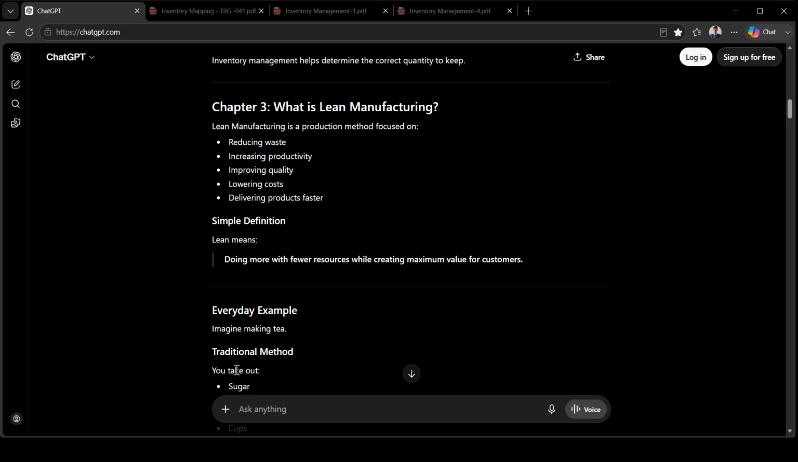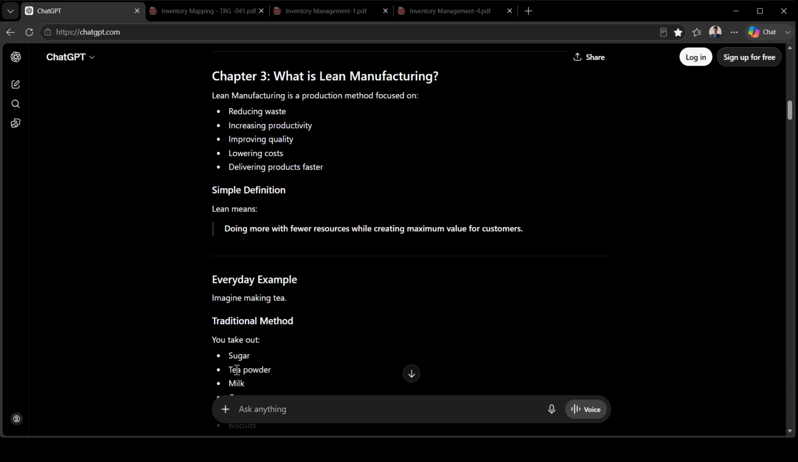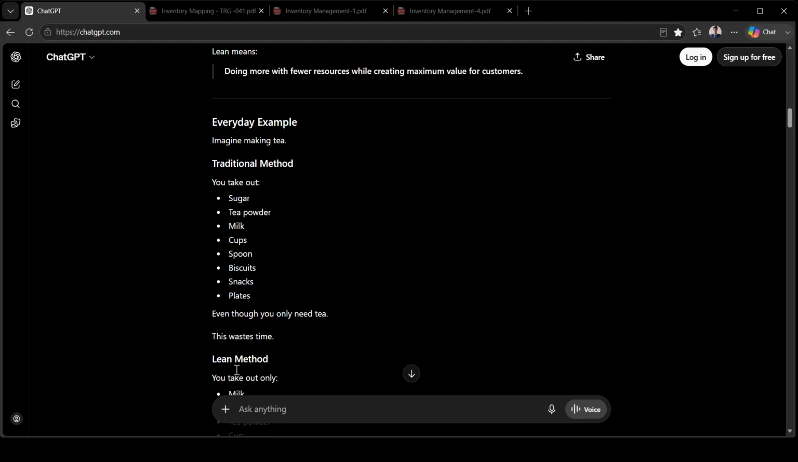In chapter 3, what is lean manufacturing? Lean manufacturing is a production method focused on reducing waste, increasing productivity, improving quality, lowering cost, and delivering products faster. In simple definition, lean means doing more with fewer resources while creating maximum value for the customer. An everyday example: